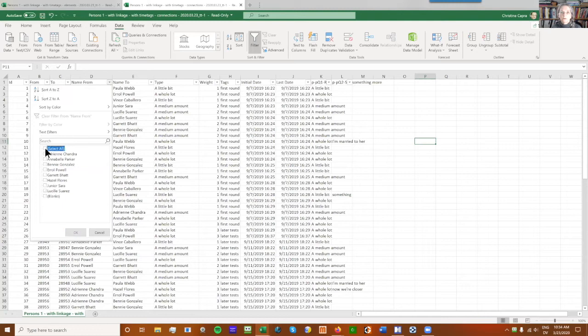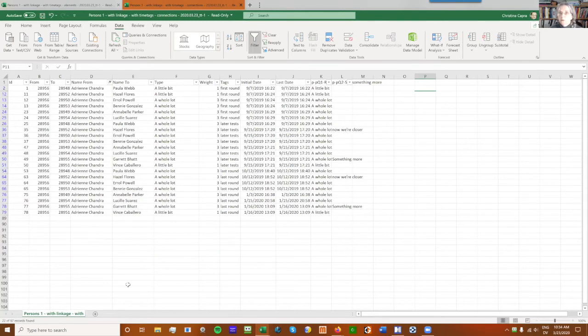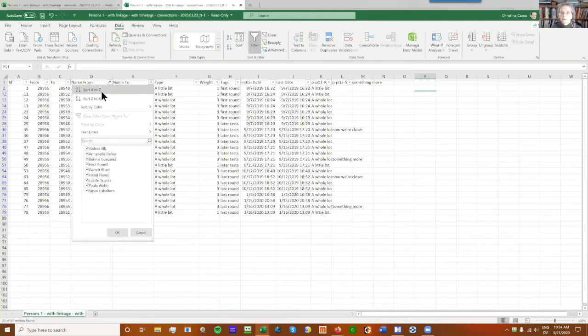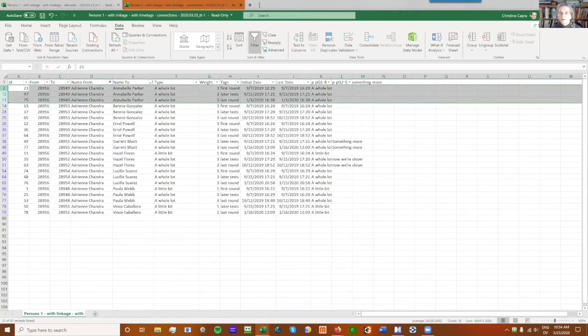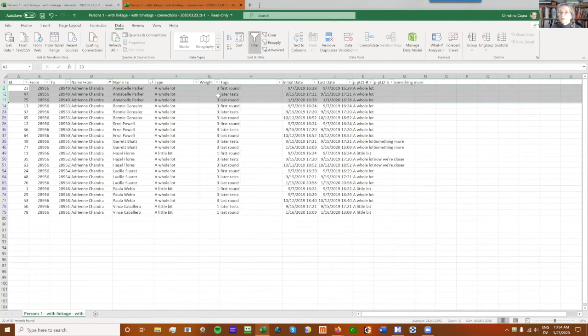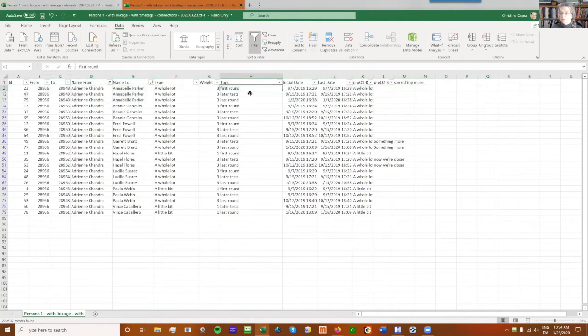So I'm going to show you what I mean by taking Adrienne, who is a fictitious person. These are all her connections, and I'm going to sort her connections A to Z. So we can see here that she has had a connection with Annabelle since the very first time frame, and it continued through the second time frame, and it started out strong and it's still strong. She's always had strong relationships.